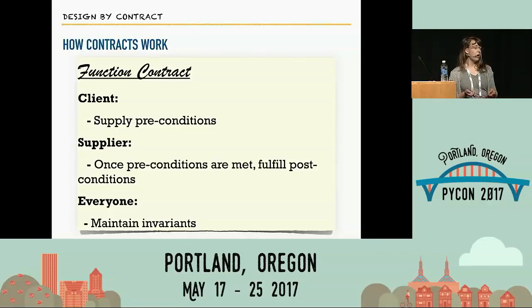In the meantime, though, the client and the supplier may fail the contract, but everyone must maintain invariants for the program to keep executing. So invariants are things like list size has to be at least 0, your bank account has to have at least a positive amount of money in it. Depends on the context, but they're things that would cause the sort of physics of your program to completely break if they don't exist. Our example doesn't really have one, but